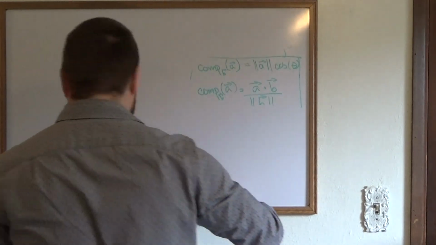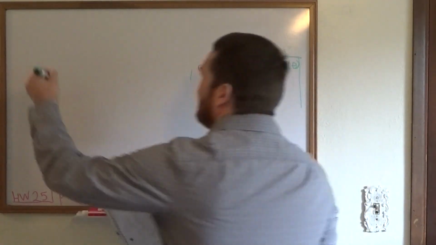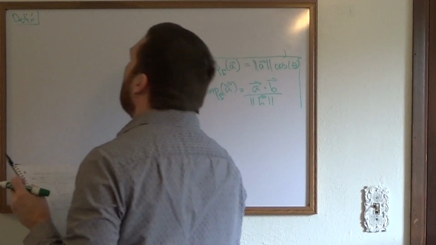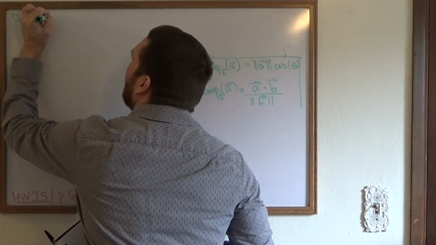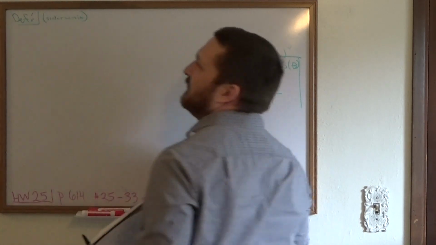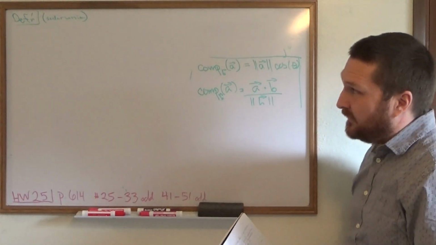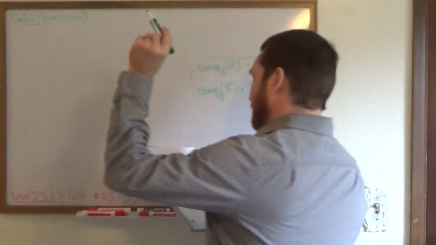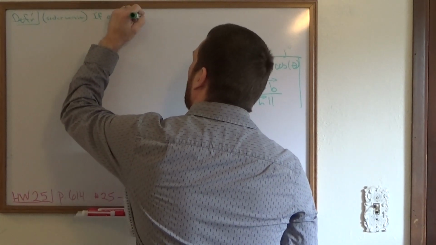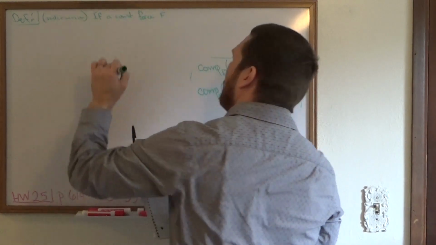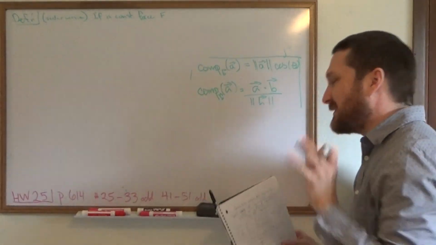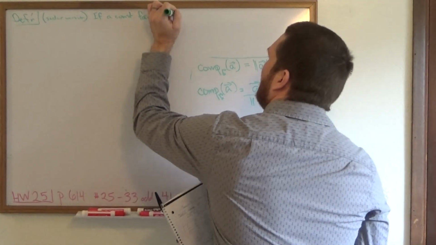Okay. Here's why. There's another definition. Now, this is what I'm going to call the scalar version of what we're about to define. We're going to get a vector version in a minute. This is the scalar version. If a constant force, call it F. Notice that's not a vector. I've not put a little arrow over it, so it's a scalar. If a constant force, F, is applied